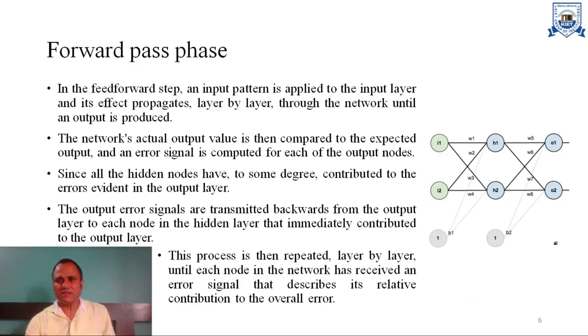In the same way, the diagram says, in the feed forward steps, an input pattern is applied to the input layer. So whatever input we are having here, we need to supply the values of these inputs and their associated weights. So all the weights need to be quantified, all the inputs need to be quantified. Similarly, all the hidden layers need to be quantified, and once we receive the output in the form of mean square error,